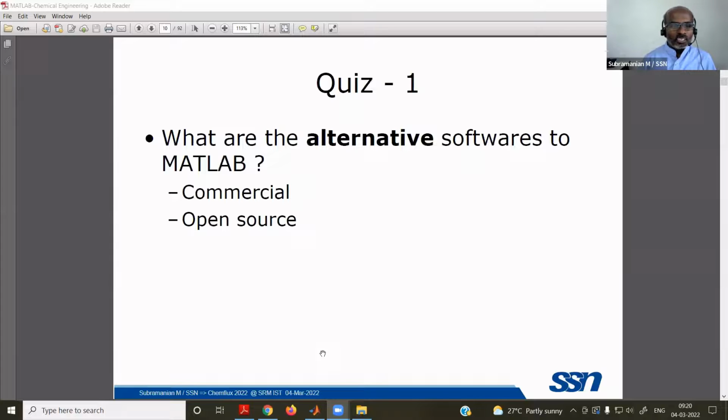Since we are going to learn about MATLAB, we should also know what the other alternative commercial or free software are. Of course, I need to definitely get your input before proceeding. Can people give ideas about other commercial or free software similar to MATLAB? If I am the only one talking now, it will again be boring. I think my question is clear now. What are the alternative softwares?